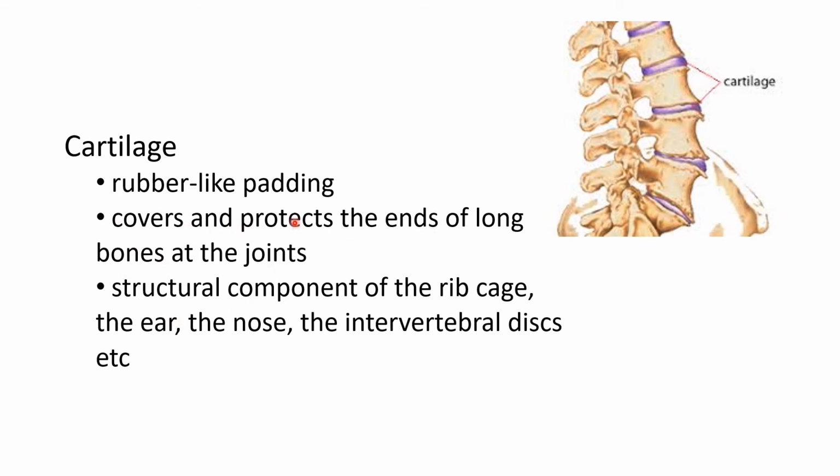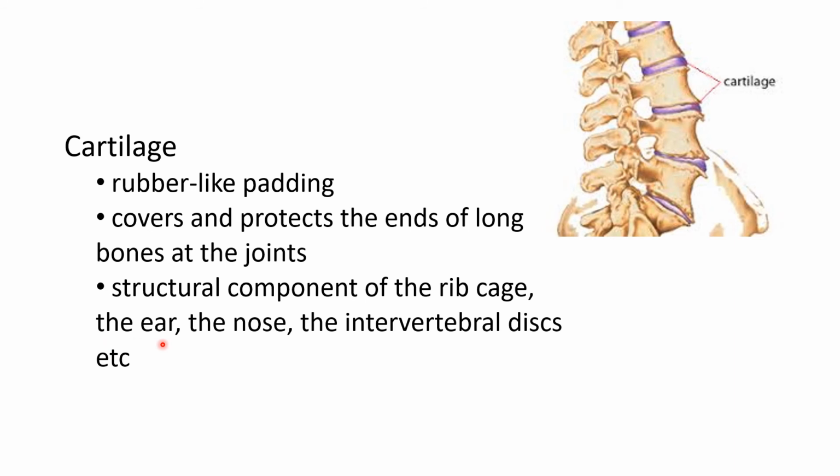There's a good amount of cartilage in there so that those bones don't rub against each other. But then cartilage can also be the actual structural component of some parts of the body. Like in the rib cage, many of the ribs are connected to the sternum by cartilage alone. Your ear and your nose are made of essentially cartilage, which is obviously softer than bone tissue, but it's